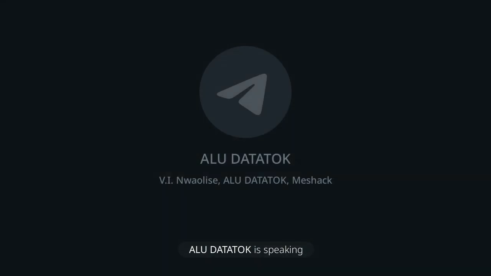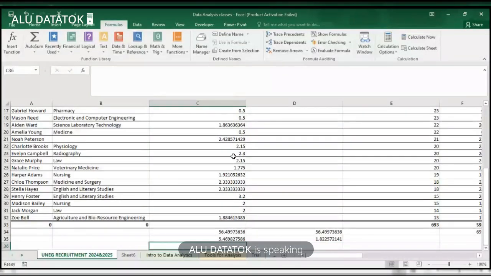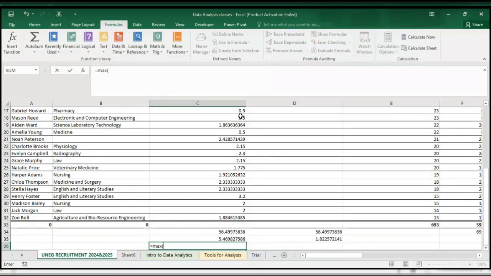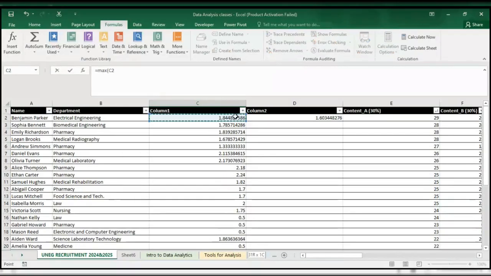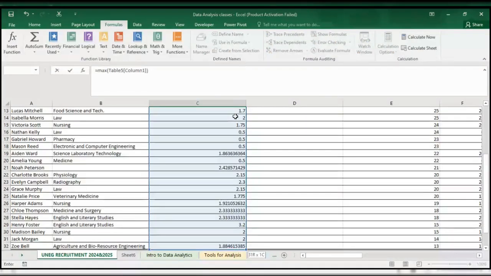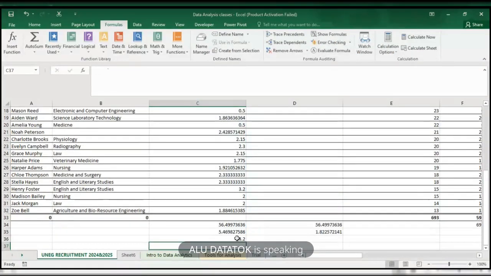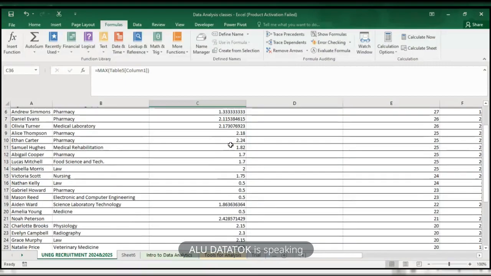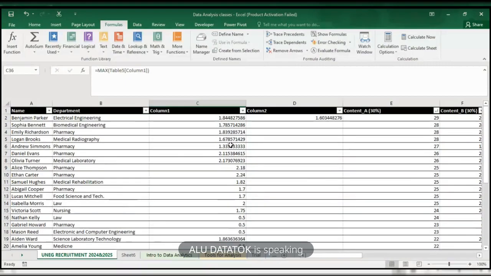So you can also try to get the max. What's the highest number here? That's max. So you have max. And to show you that 3.2 is the maximum number in this column. Then there is the mean or the minimum. And if you look here,